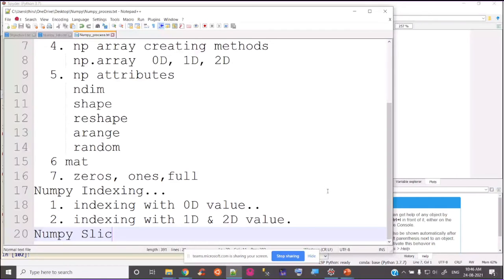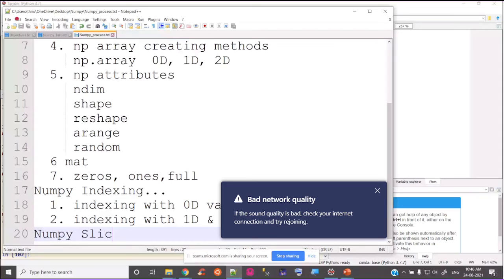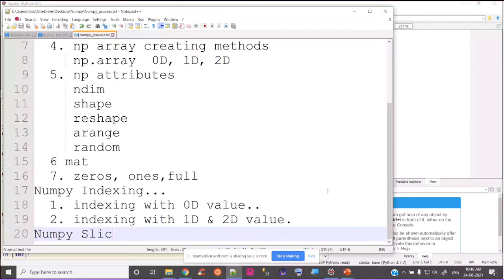We can also do it this way. So here the first thing indicates start. The second thing is end. End is excluded. And the third is step. So now what I'm going to do is A of, I want to take every odd position. Every odd position value I need. So odd positions start from 1 to the end.